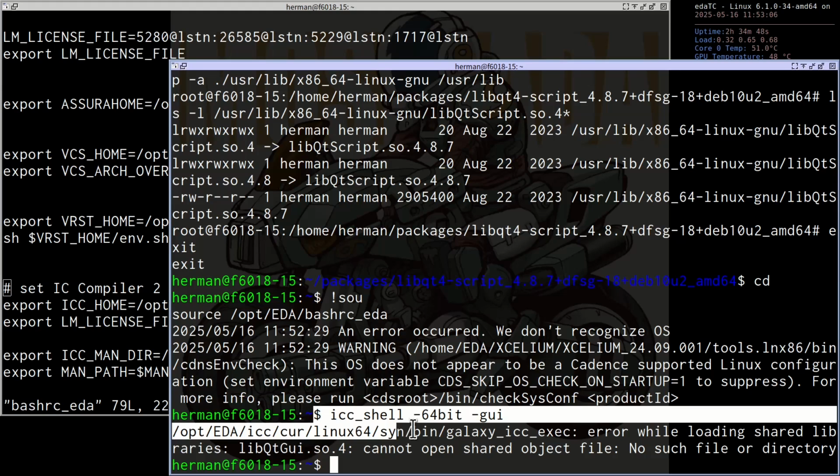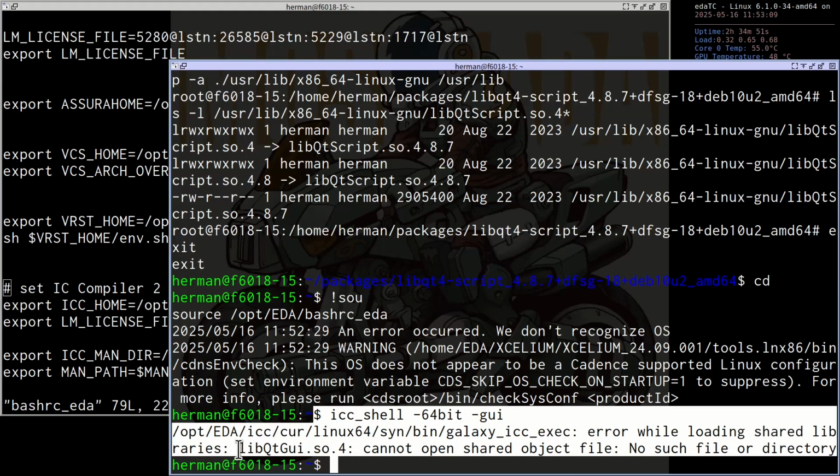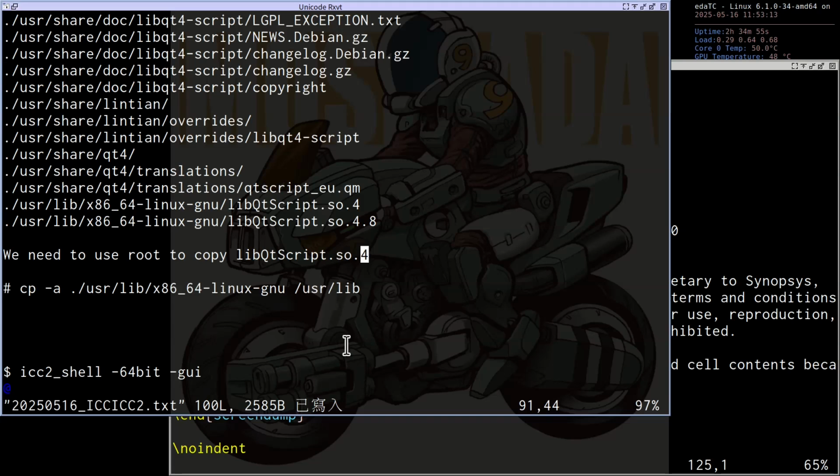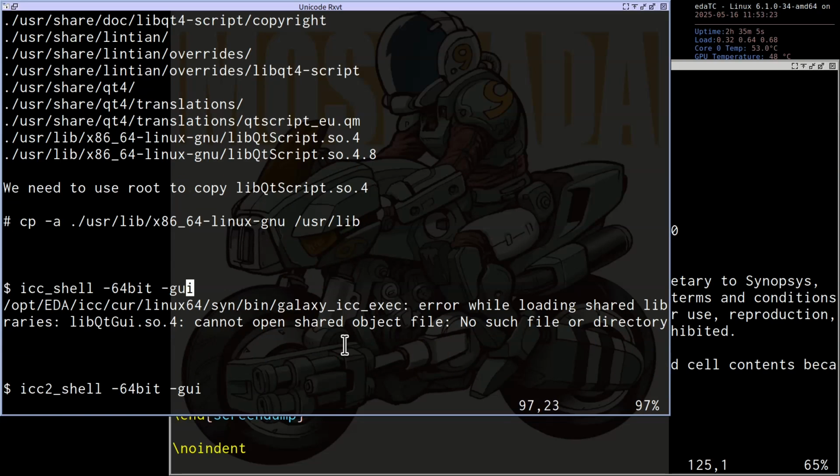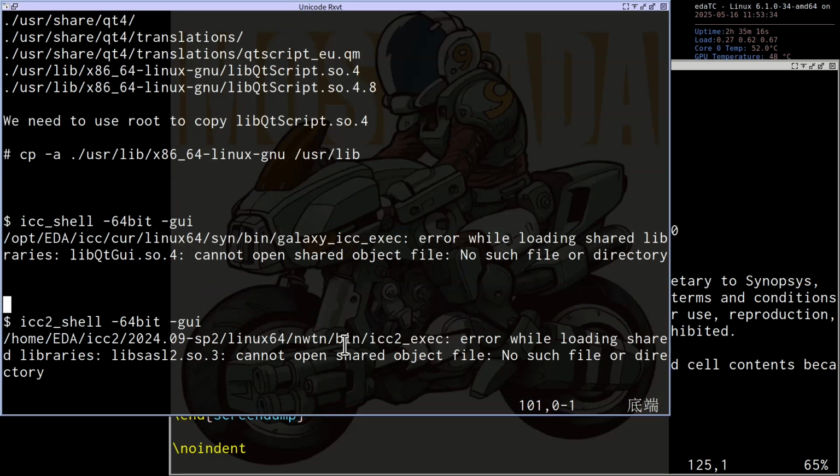So this time it demands you to have this file. So this time we need to install this again. Okay, I will give you my note now. Then I think we can finish this next time, because I don't think this is the desktop file we require. There are a lot of libqt files that need to be installed. Okay, so I will give you my note first. Please solve this problem and reach this error, and I will tell you how to solve this later.